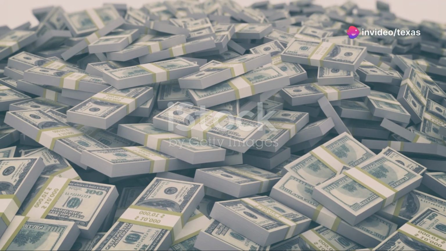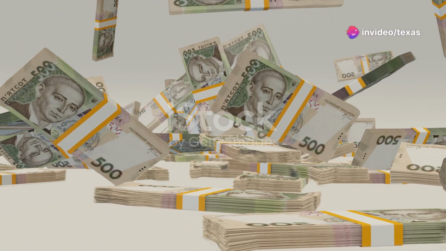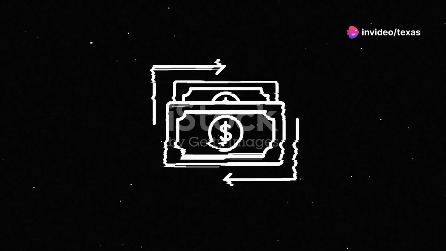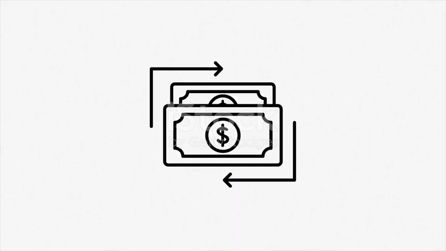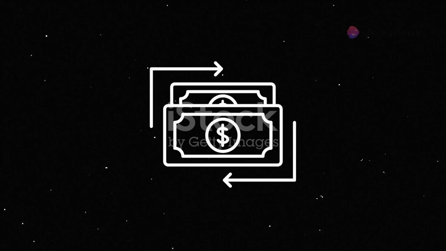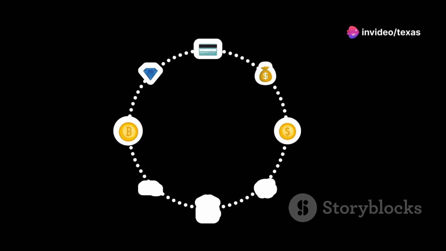It includes not just the physical cash in circulation, but also the digital money in our bank accounts. Next, we have V, the velocity of money. This is the speed at which money changes hands. If you think about it, each dollar in your pocket could be used to buy a cup of coffee, then that same dollar could be used by the coffee shop to buy milk, and so on. The velocity of money measures how many times a single unit of currency is used to purchase goods and services within a given time period.